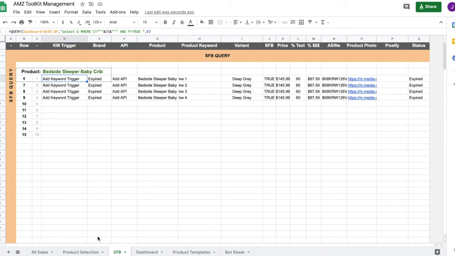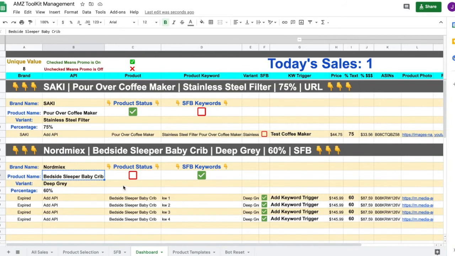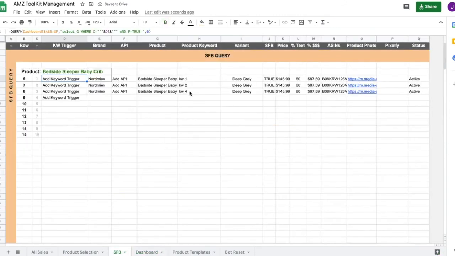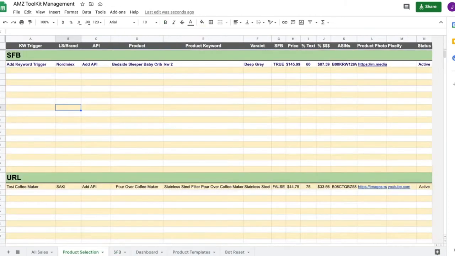Let me just show you real quick what happens if one of these keywords were to sell out. Obviously, for this to work, I need this to be active. And let's change KW3 to 0 so it can say sold out. And immediately in search find by, guess what disappears? KW3. All right, so now that this is set up and working,